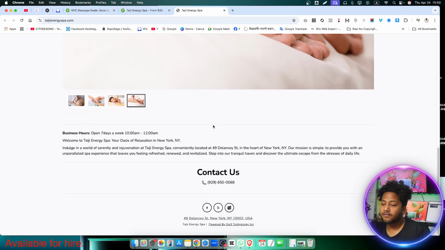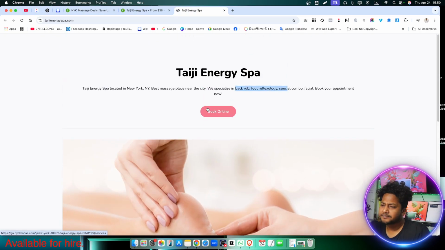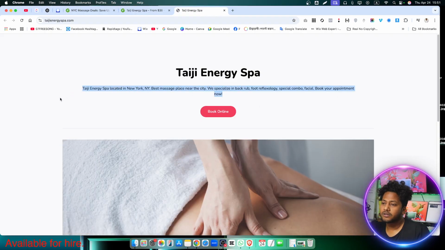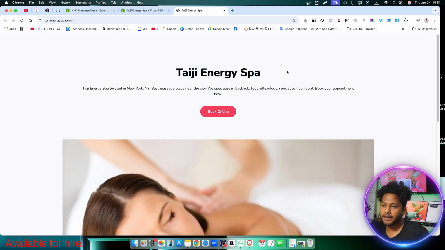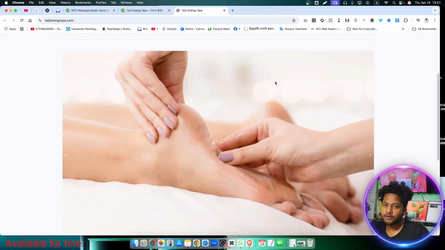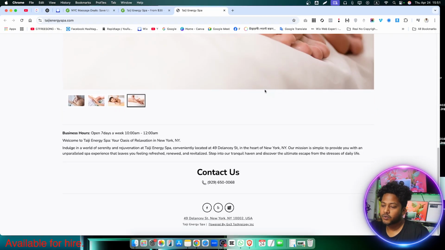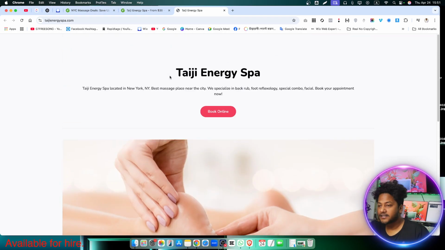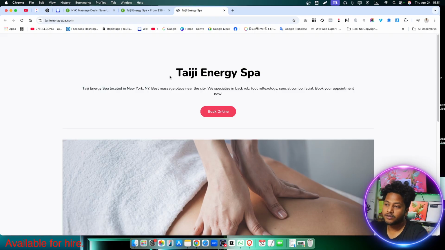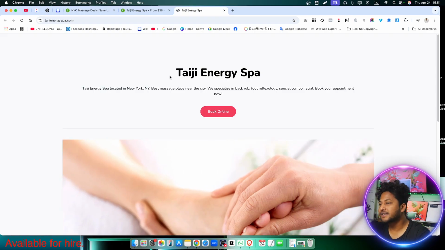And they have only one page that I can see. A one page website is good, but for a complete business they need a complete website. They do not have any logo, any identity, they have just the name. So for this website they can include other pages with a blog page as well. They can give some tips on the blog page on a regular basis, like these days